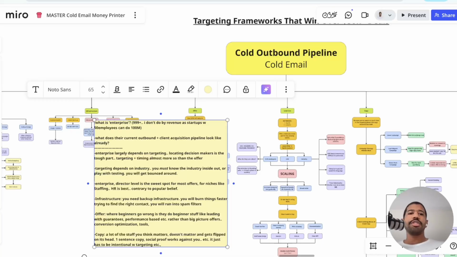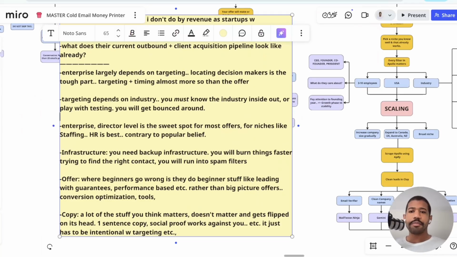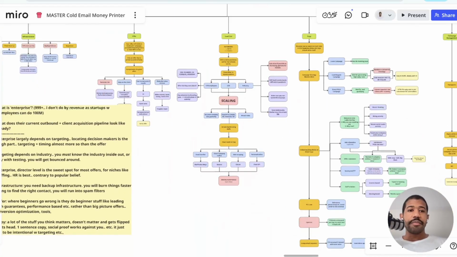And I know HR can be standoffish, but listen, the facts just back it up. It's where the majority of your deals are going to come from at the enterprise level. I'm just going to leave it at that, because if you know, and we have the data to back it up. So that's targeting, and there's a reason why this entire cold outbound pipeline is connected,